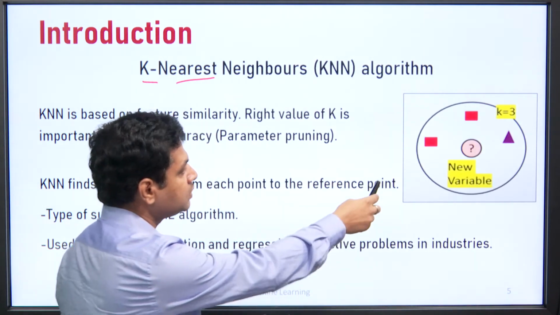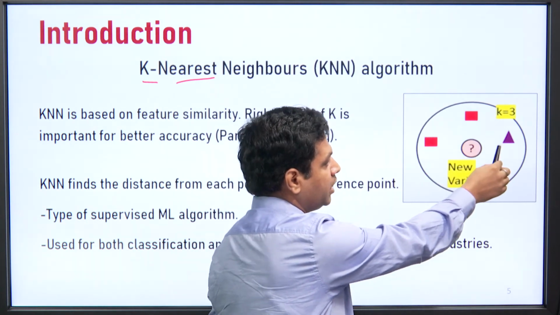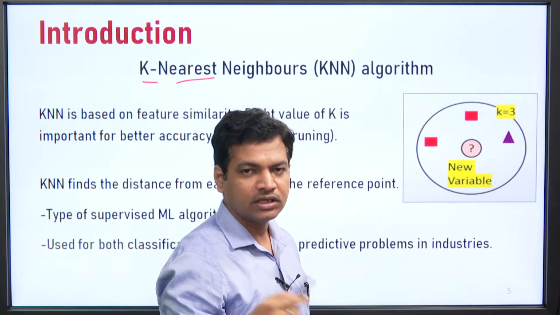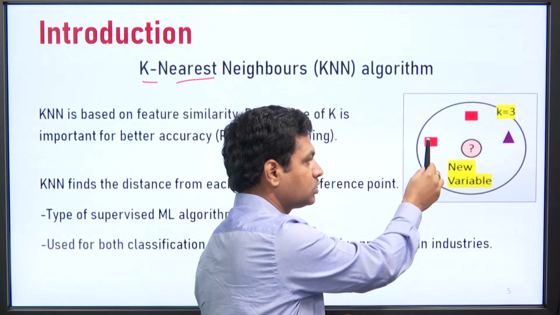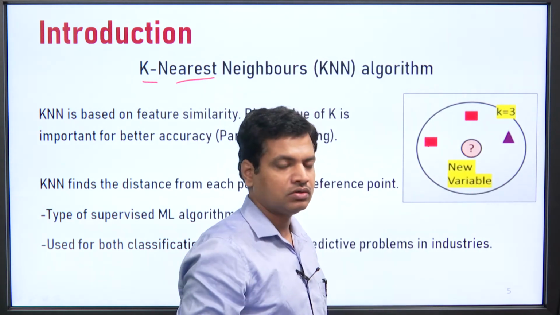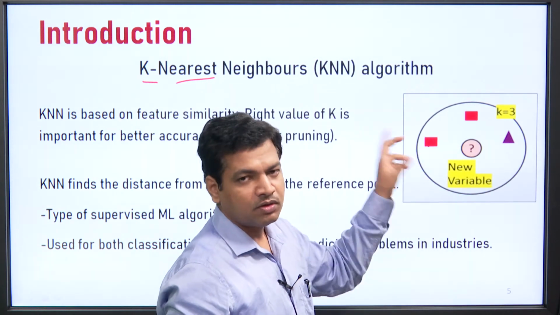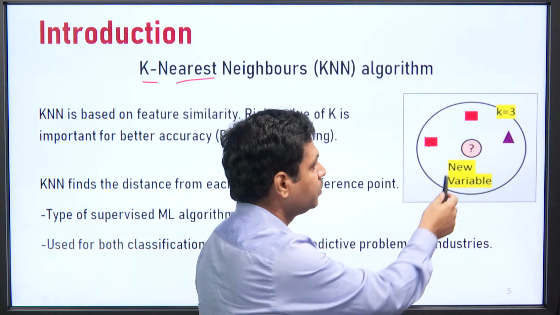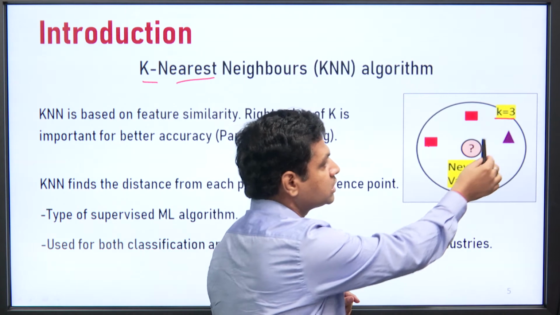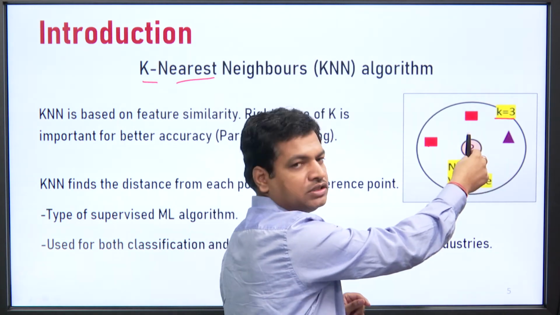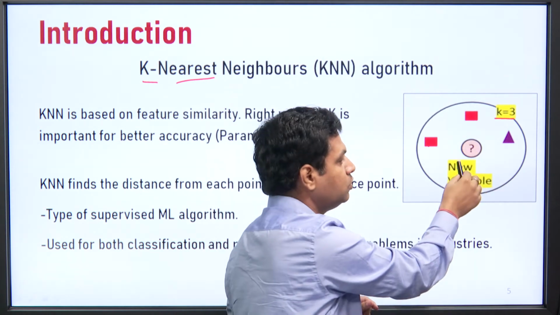Now, in this we see that within the circle there are two shapes available, square and triangle. If a third entity comes in and we want to know whether it belongs to the square class or the triangle class, we do not know. So, the new entity, to which class does it belong? In this kind of problem KNN plays an important role, where, as I said, k takes an integer value. Based on this k value we will see the majority, and based on the majority class we will assign that class to the new entrant.